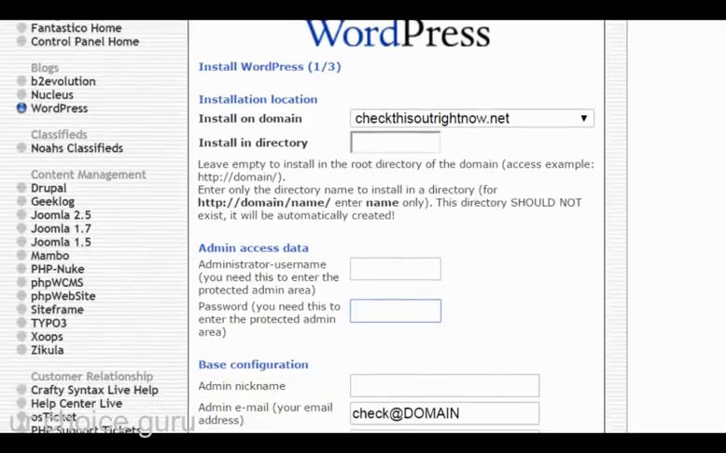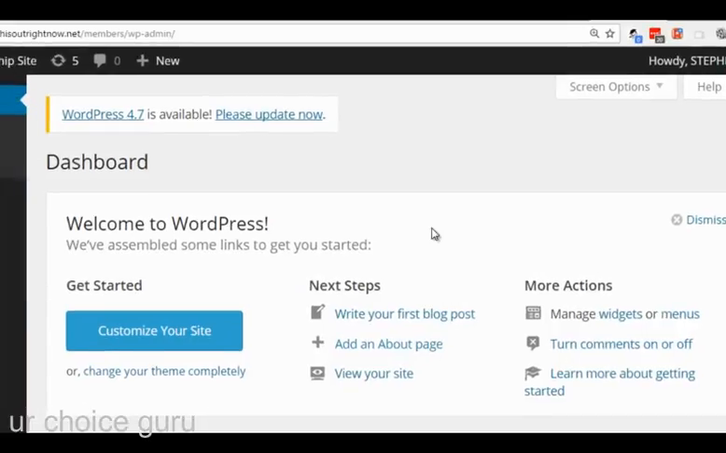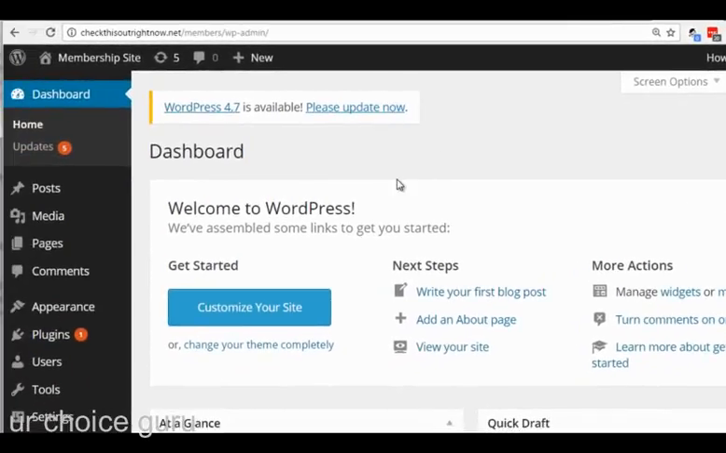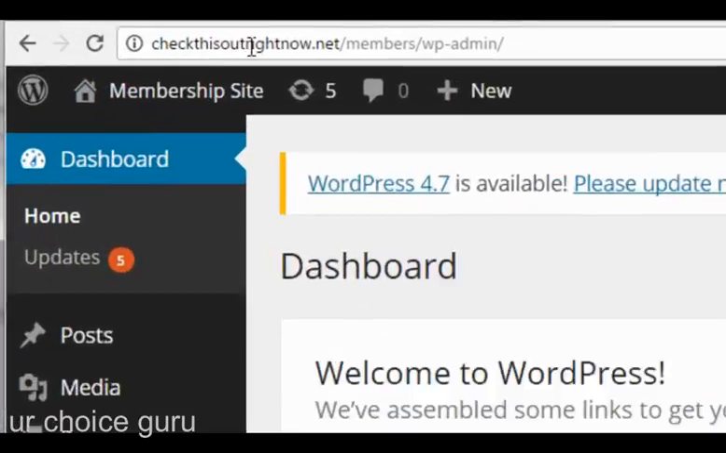You'll enter the site name and the description, and then you click on install WordPress. So I'm going to go ahead and do that right now, and I'll see you on the other side. Okay, so after I have installed WordPress, literally all you have to do is go to